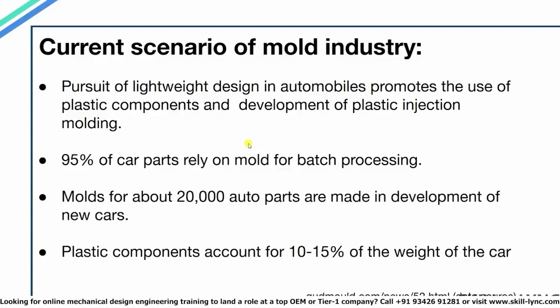Overall, the use of plastics in the automotive sector in developed countries is continuing to grow. The proportion of plastic injection molding in total automotive molding has exceeded 60% and accounts for about 10 to 15% of the total mass of a car. In the future, with the pursuit of lightweight design of automobiles, the use of plastics in the automotive field is expected to become larger and larger.